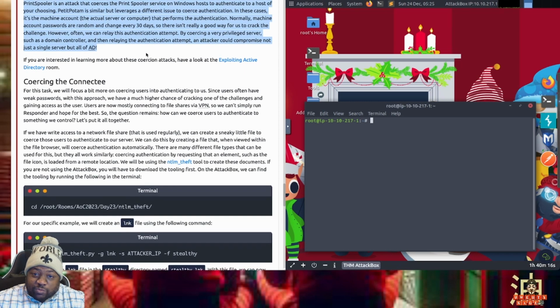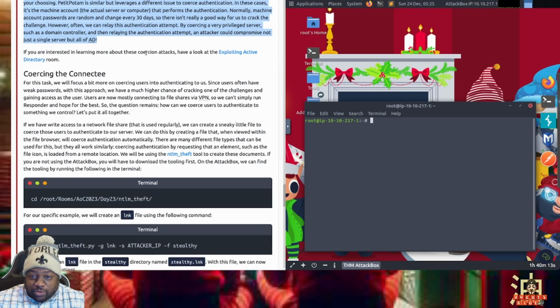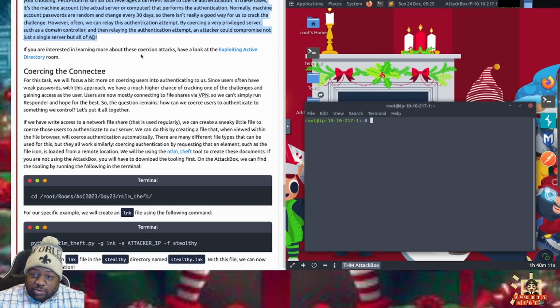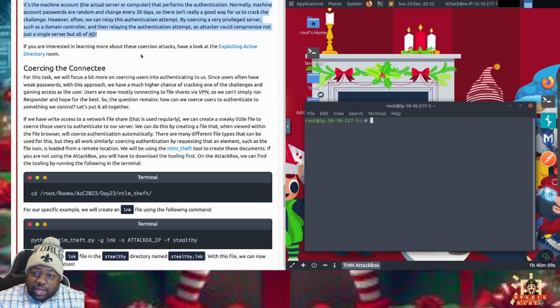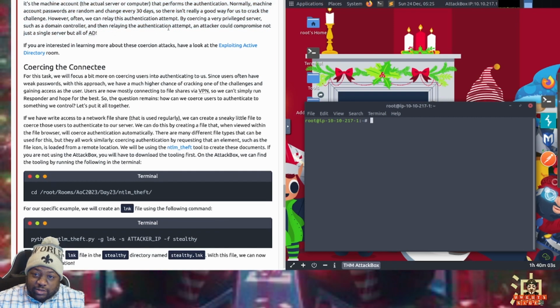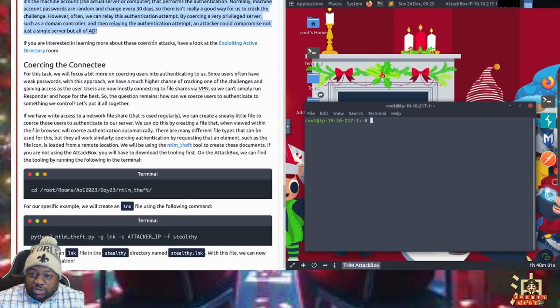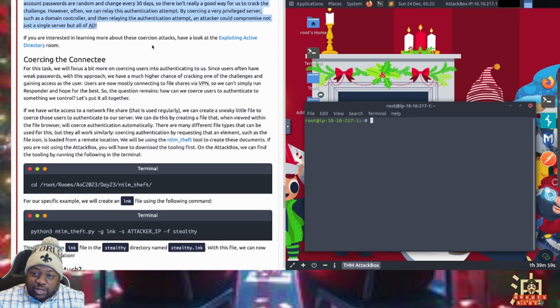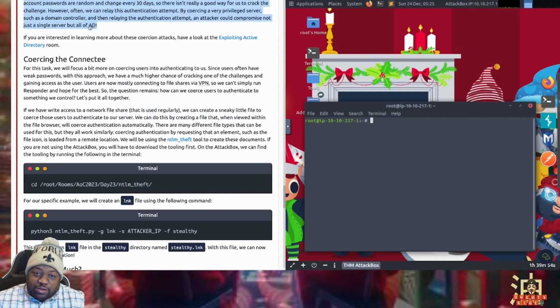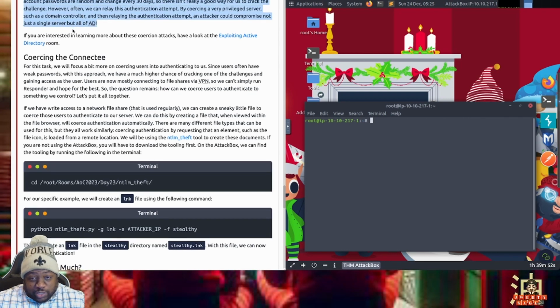However, often we can relay this authentication, we can pass the hash, by coercing a very privileged server, such as a domain controller, and then relaying the authentication attempt. An attacker could compromise not just a single server, but all of the Active Directory.